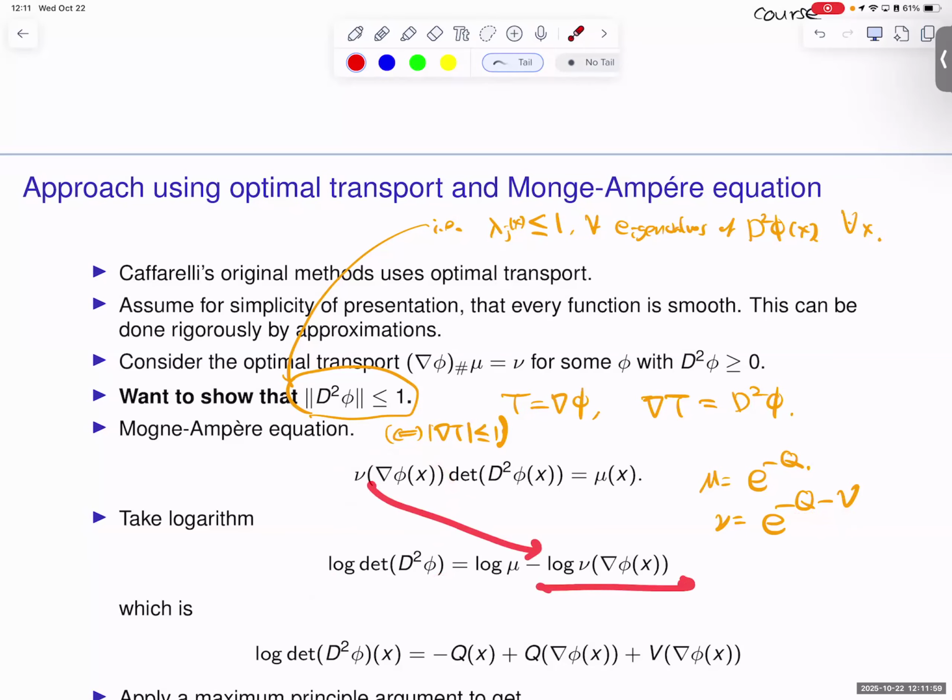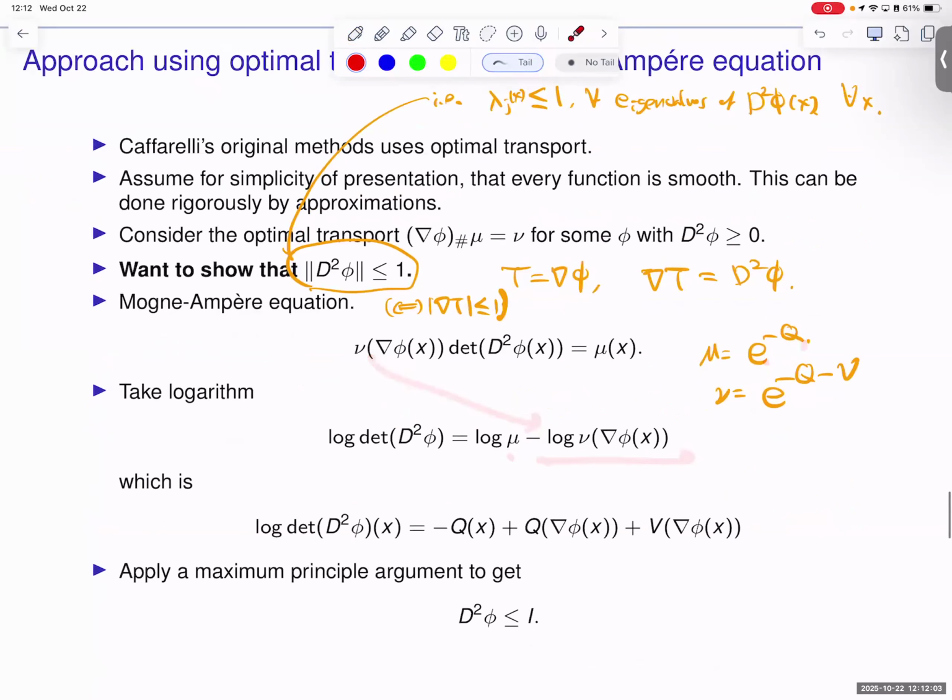So mu was e to the minus q, and this equation is the same as this after taking logarithm. Okay, so this is our equation for